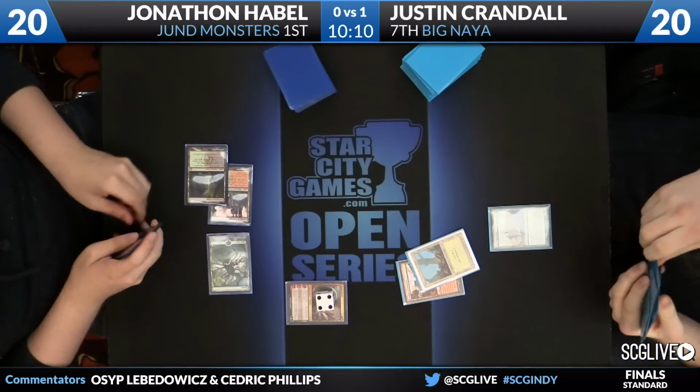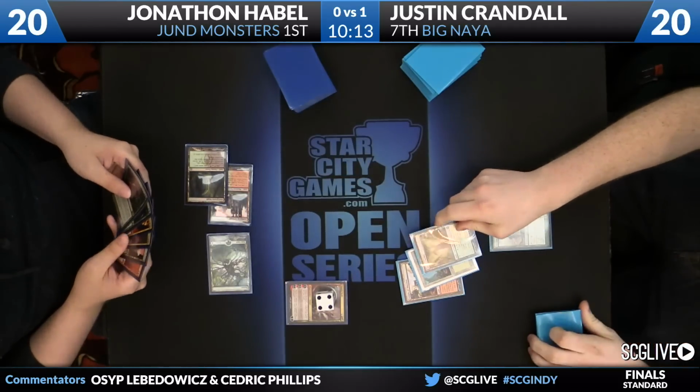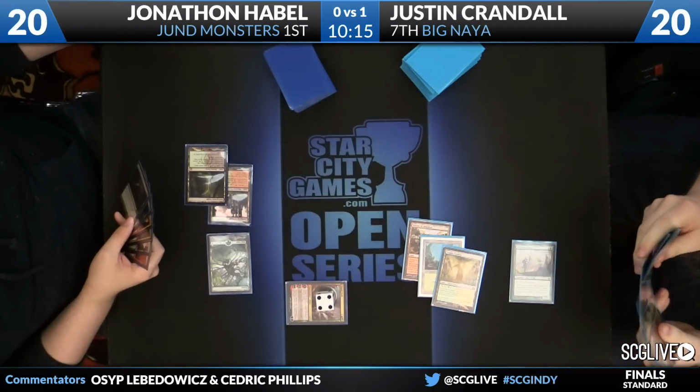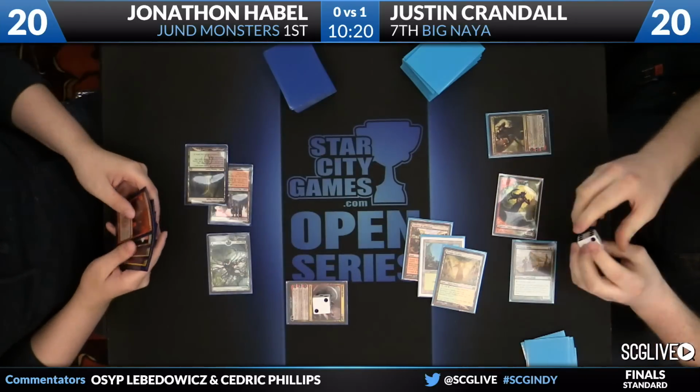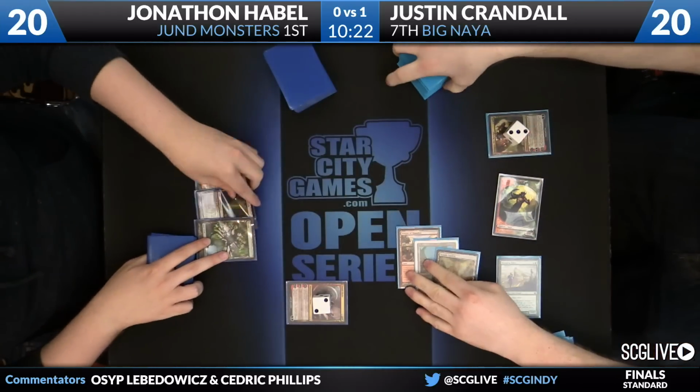He does have a Xenagos in his hand. The question is, does the third land come into play untapped? It does yet again. There's a Temple Garden. He'll take 2 to cast a 4-mana spell. Which one will it be? It is a Xenagos the Reveler. Satyr Token going to come in, knock Domri down to 2 before passing the turn back over to Habel, who